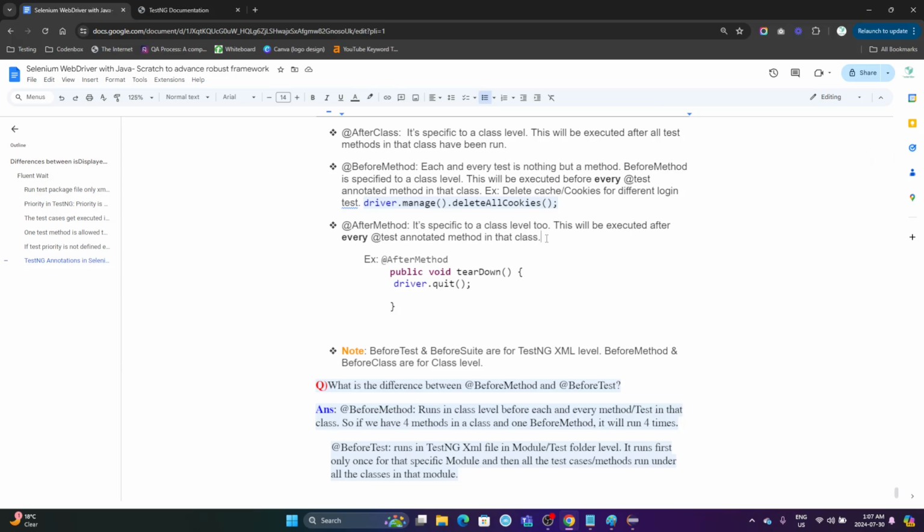Hey guys, welcome back. In this lecture, we're going to cover the @BeforeMethod and @AfterMethod annotations. So what is before method? Each and every test is nothing but a method, as we all know. When you need to create a test case, we have to create it through a method and use the @Test annotation,